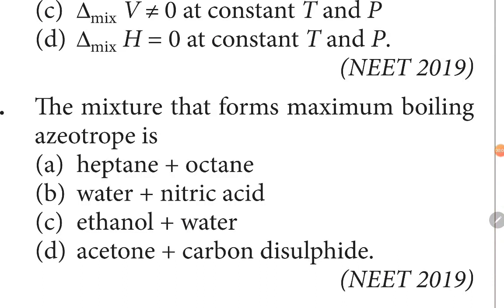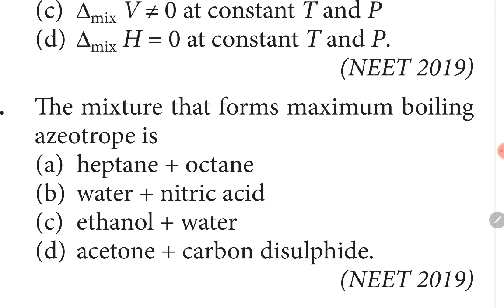Yes, students, the 19th question of the chapter is, the mixture that forms maximum boiling azeotrope is. Guys, maximum boiling azeotrope का मतलब होता है non-ideal solutions showing negative deviation. Guys, negative deviation implies that vapor pressure is less in comparison to Raoult's law. इसका मतलब students, the two liquids that have been mixed together have really good attraction with each other and therefore less number of molecules are available in vapor phase.